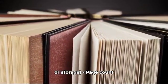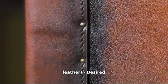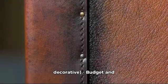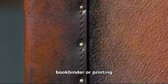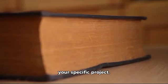or storage. Page count and thickness. Material: paper, cardboard, or leather. Desired appearance, for example, modern, traditional, or decorative. Budget and production time. Consult a professional bookbinder or printing service to determine the best binding option for your